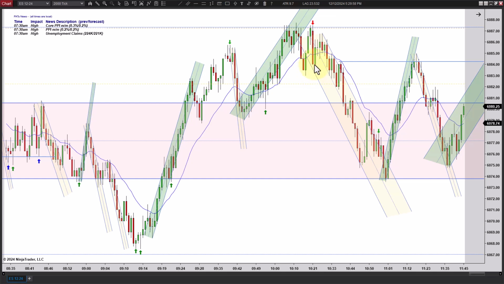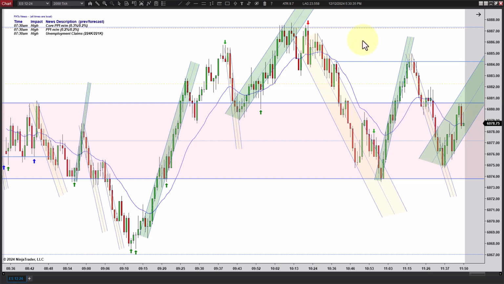It's a triple test. Now what I would recommend on a big bar like this is letting it break lower and dropping a limit order further back in here and letting it see if it comes back and fills you and then goes lower, rather than going short way down here. And if it does take off without you, that's a risk you take. But you get a better entry and a whole lot less risk. You could cut that risk in half. Instead of having 14 ticks, you can probably get in with an 8 or 9 tick stop loss, which is much more reasonable in case you're wrong.